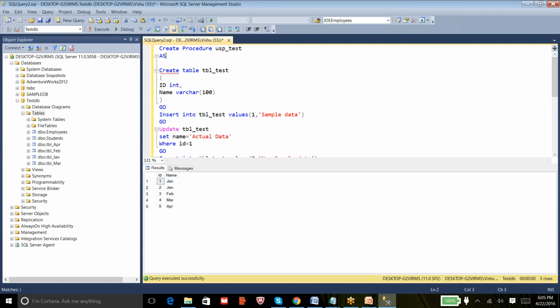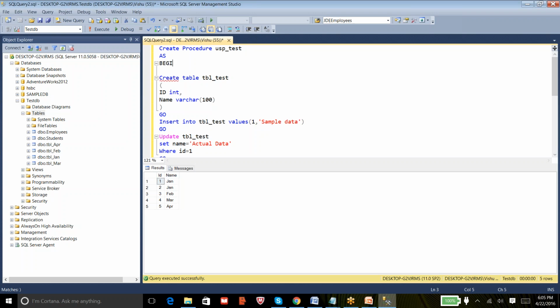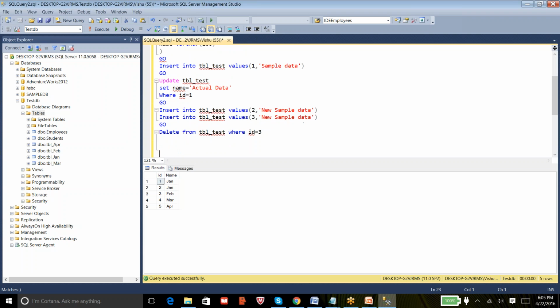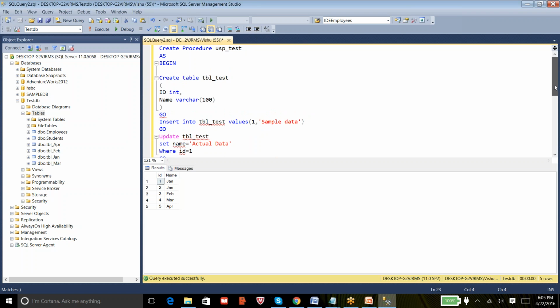You need to provide AS and then BEGIN. If you provide BEGIN, it needs to have END. Whenever you use BEGIN, it should have END, like an open parenthesis and close parenthesis. So this is to create a stored procedure. I can just execute it.